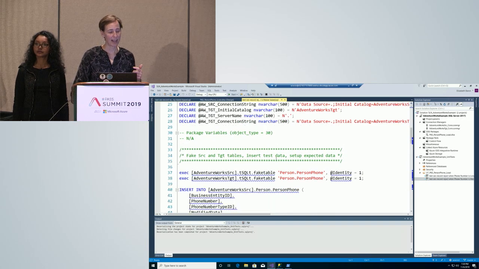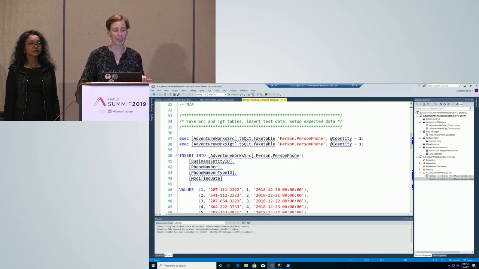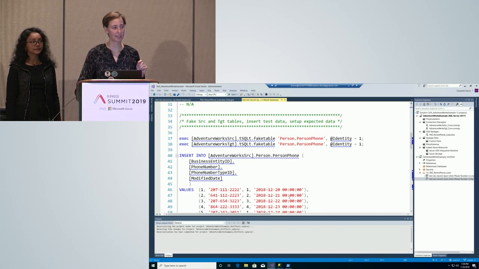And then I do this amazing thing in tSQLt. We fake some tables. I fake a source table, and I fake a target table. That's what lines 37 and 38 do. And then I insert into my fake source table just the data that I'm interested in testing in my unit test, because I don't want all the data forever. That's not a unit test. That's just a massive test. A unit test is supposed to be a small unit where you're testing a specific thing.